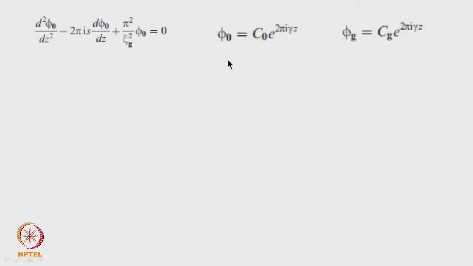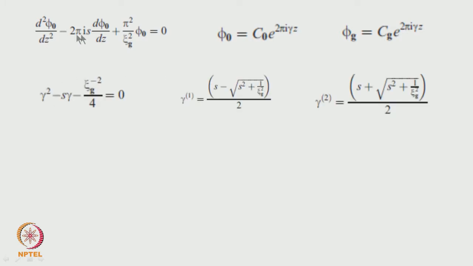These are just mathematical steps; I am only showing some of the important results. When you do it, this turns out to be a term like this with respect to gamma. Because gamma contributes to a phase factor, it is similar to S. This will have two solutions, gamma 1 and gamma 2. If you take gamma 1 plus gamma 2, that turns out to be S, the deviation, and the product of gamma 1 and gamma 2 turns out to be 1 by psi g squared. That is why these two terms are very important. These all come out of these mathematical operations.